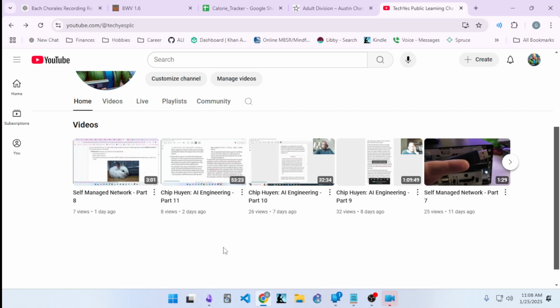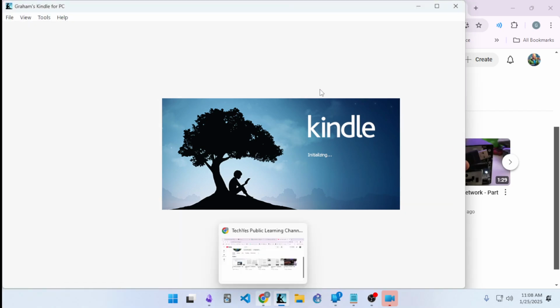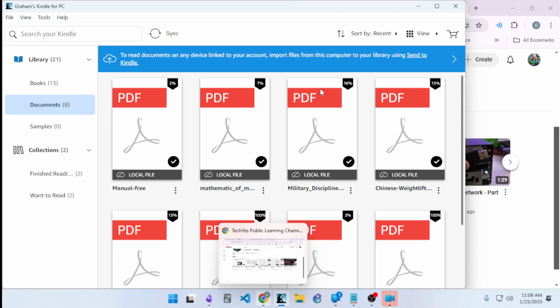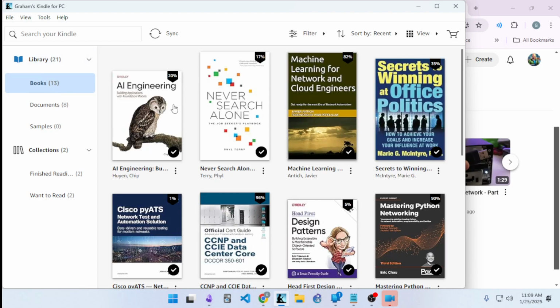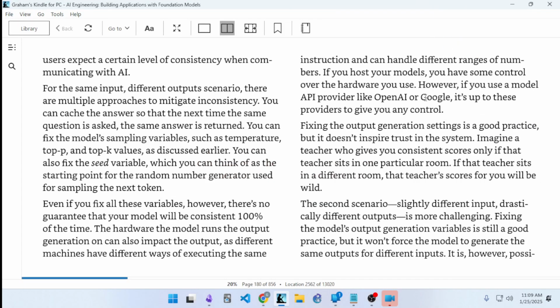But anyways, what we were doing is reading AI Engineering by Chip Huyen. It's the hot new book out right now. It goes through and explains the current state of engineering. It's a good next step beyond Situational Awareness by Leopold Aschenbrenner, because Leopold explained what's to come, and this explains how to be a part of what's to come. So, really good book to go on to next. It is more of just an informational book. It's not